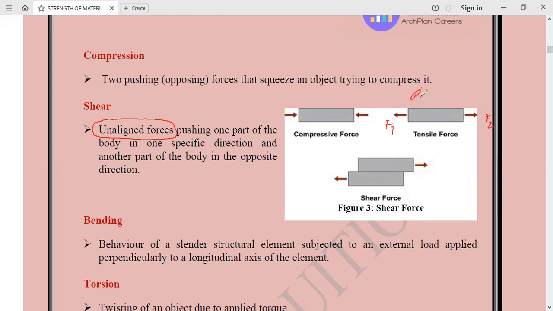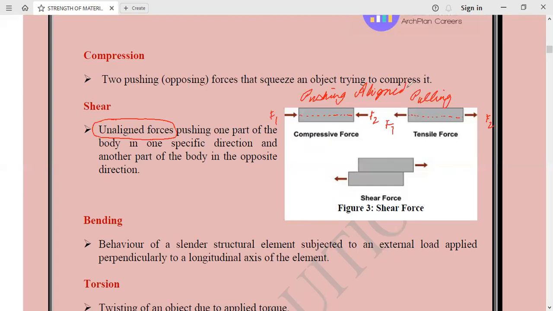What forces were we applying? We were applying the pulling forces. And the lines of action of these forces were aligned. This force and this force were in a line. Whereas in compressive force, we were applying the pushing force. Here also, the lines of action of the forces were in a line. So these were aligned forces. In the compressive force and in the tensile force, the forces that we were applying were the